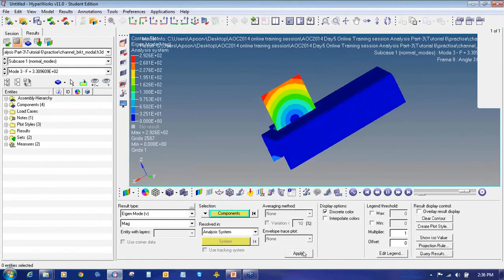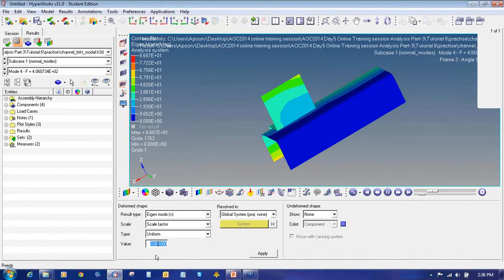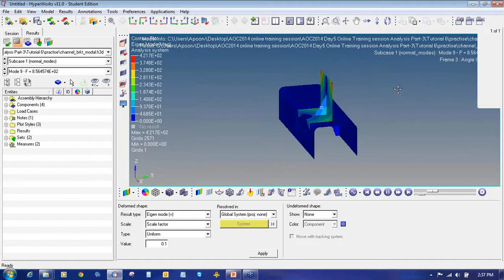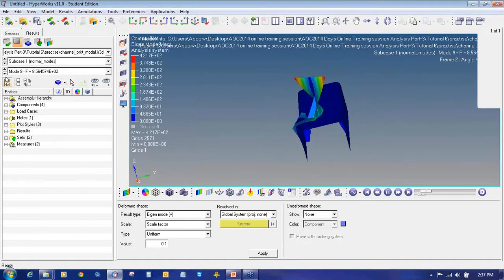For the first mode shape, first, second, third, fourth, fifth, sixth, seventh, eighth. So as you can see, these are the different modes of it. So in this way you can set up the modal analysis.